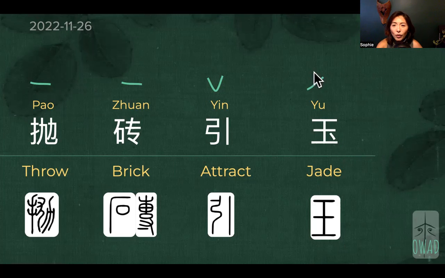Wait, 抛砖引玉. Okay, here is a falling tone. Sorry, here it's a falling tone, not a rising tone. So the fourth tone here, Yu. Okay, we have three horizontal lines originally, and without the dot there. And here, according to scholars, we can only imagine, because now the trade of jade is not as common as before. Jade was regarded as a precious stone, and it has the value retention as a treasure or as a personal adornment, as a status symbol, all kinds of uses of